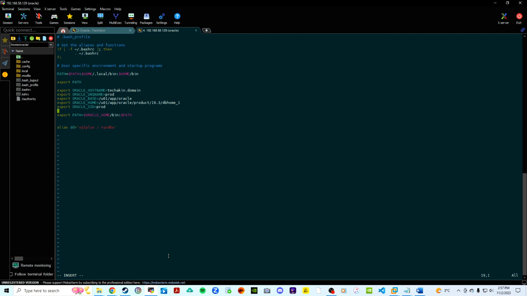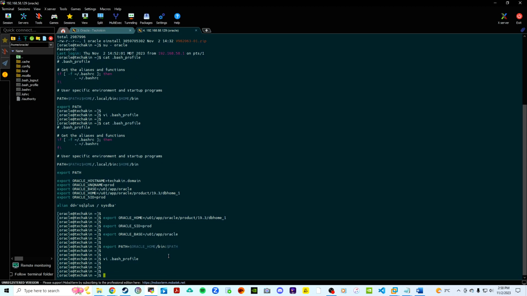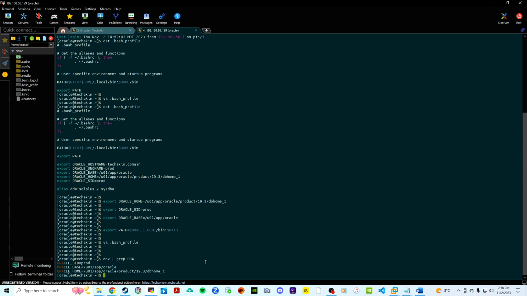Perfect. Okay, and let's save it, quit, and then let's check if everything is set correctly. So environment, grep, pipe into grep ORA. Okay, we see that Oracle SID is prod, our Oracle base is u01/app/oracle, and our Oracle home is